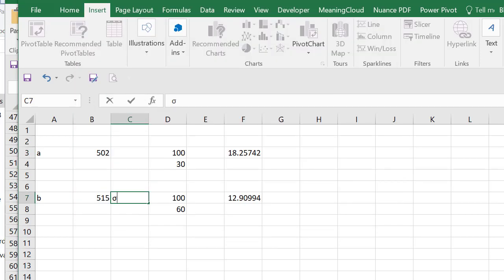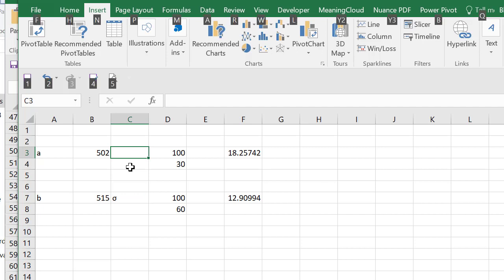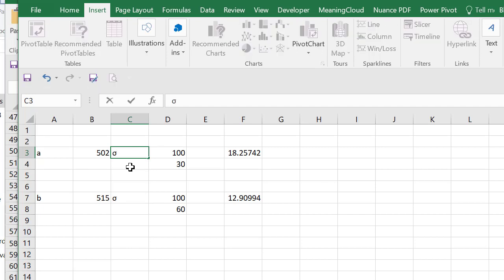So I just went out on the internet and typed how to put in the sigma symbol, the lowercase symbol. So you press the Alt key, you hold that down, and you press 229 and you release, and it shows up. Okay, this is lowercase n, and then this would be